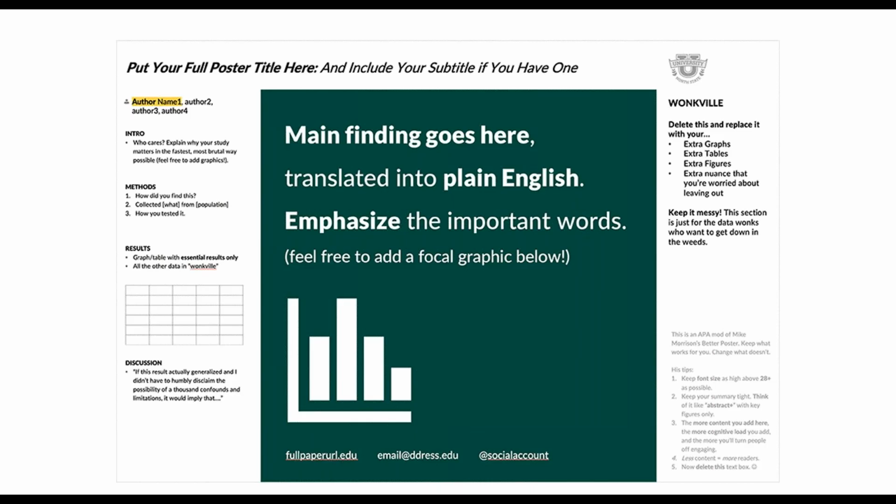However, the better poster format recommends putting them by color code. So when I came to a conference, as an example, every green poster might indicate a quantitative study. Every purple poster may indicate qualitative. Or maybe they do still want to organize it by topic. So everything in light blue is aging. Everything in purple is related to Alzheimer's research. And it allows an attendee to very quickly and easily find posters in the topic area of their interest or in the methodology of their interest. Next slide, please.